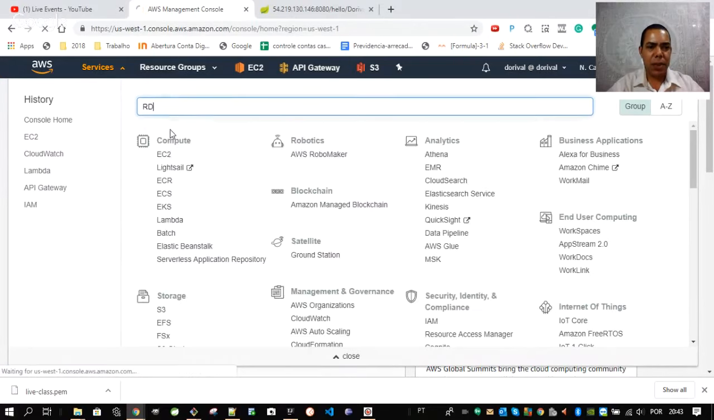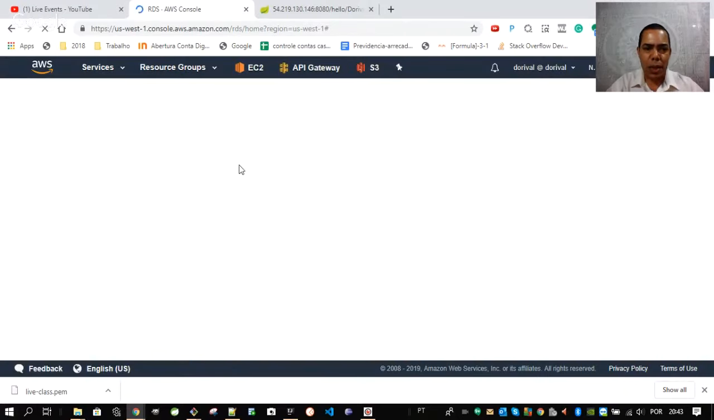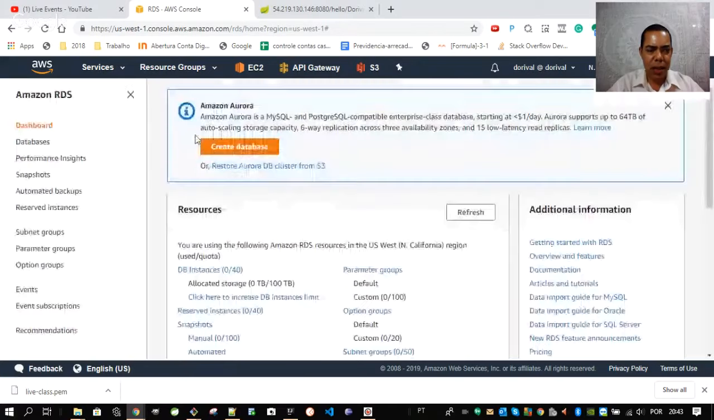Relational Data Service, RDS. When you click on RDS, I will show you this here because you can try this during the week. If you have some question, you can